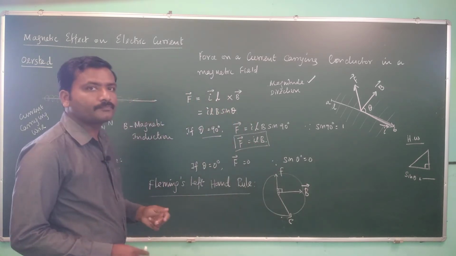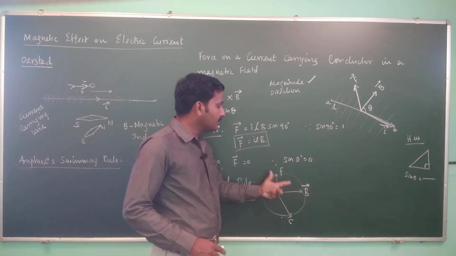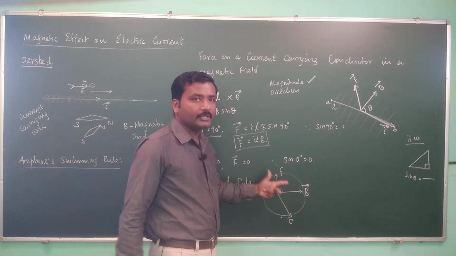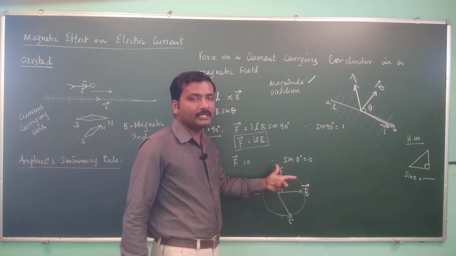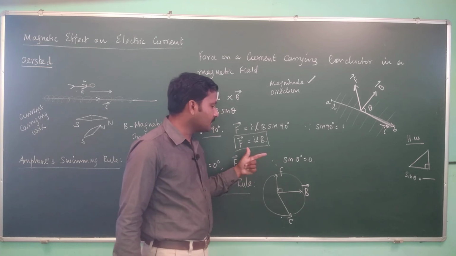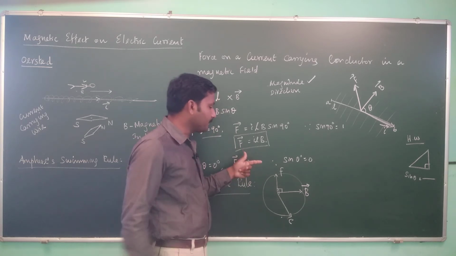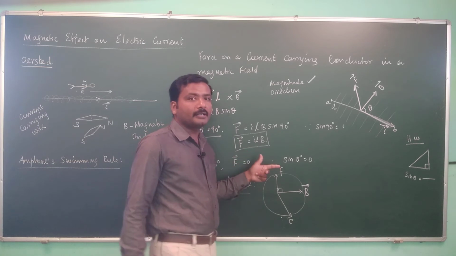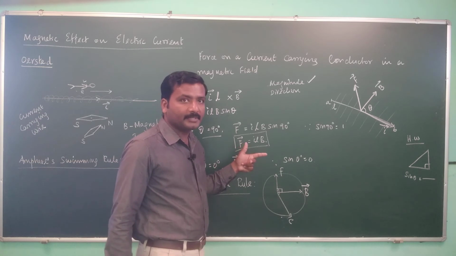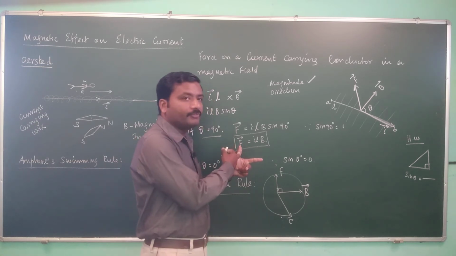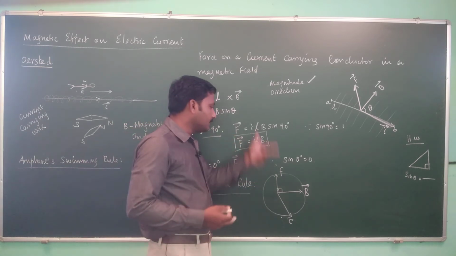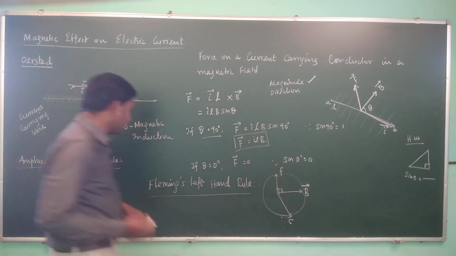Which one is the force? You can explain this using the left hand rule, which was given by Fleming, so it is denoted by Fleming's left hand rule. The forefinger represents the direction of the magnetic field, and the middle finger represents the direction of the current. If both are lying perpendicular to each other, then the thumb represents the direction of the force. The thumb is perpendicular to the forefinger as well as the middle finger, hence the direction is going upwards. So this is Fleming's left hand rule.